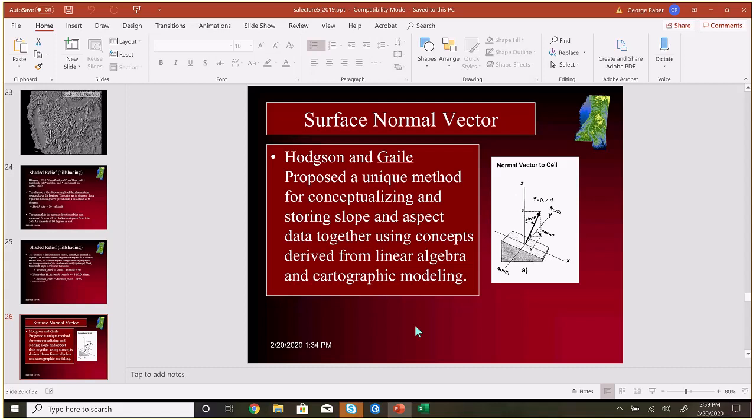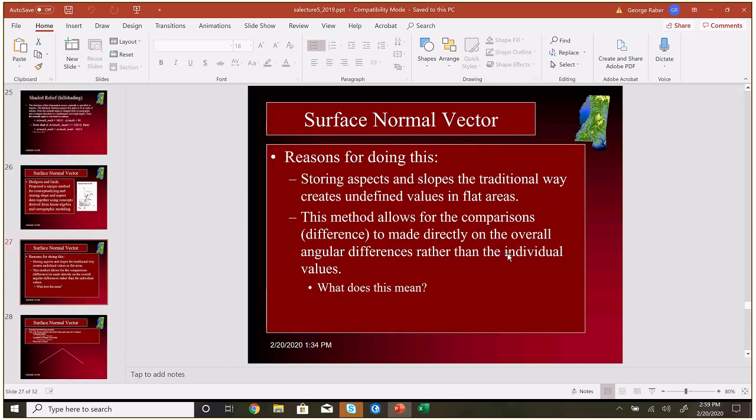If it's pointing due west, it would be -1, 0, 0, and if it's pointing due south, it would be 0, -1, 0. Okay, and so any position of that surface normal vector can be measured as three numbers between -1 and 1. So that's what they were arguing in the paper. Why would we do that? Well, the reason for doing that is that we could